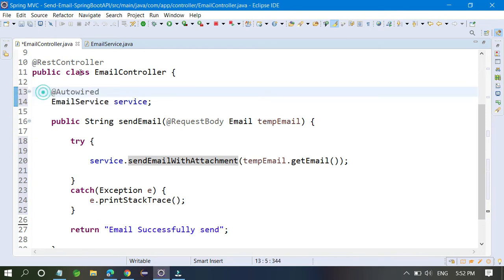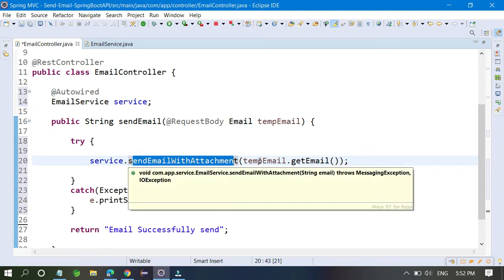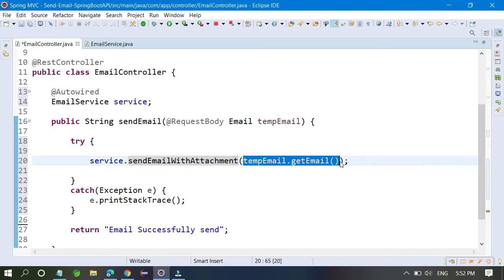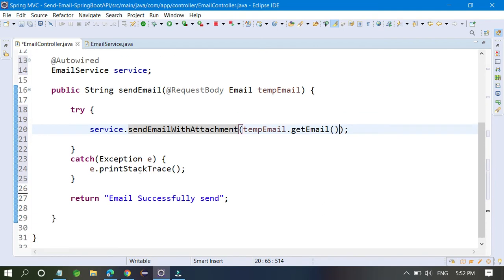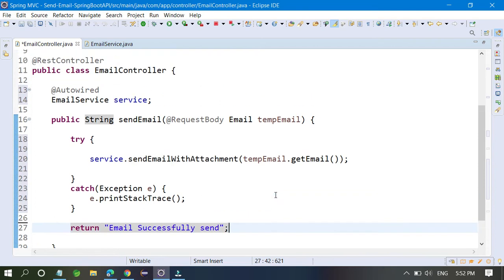So this one is an email service class. You have to auto add this class, and this class has one method, send email with attachment, and you are going to send one email ID. So this one is the email ID. When everything is fine, then the email is sent, and you can return email successfully sent.